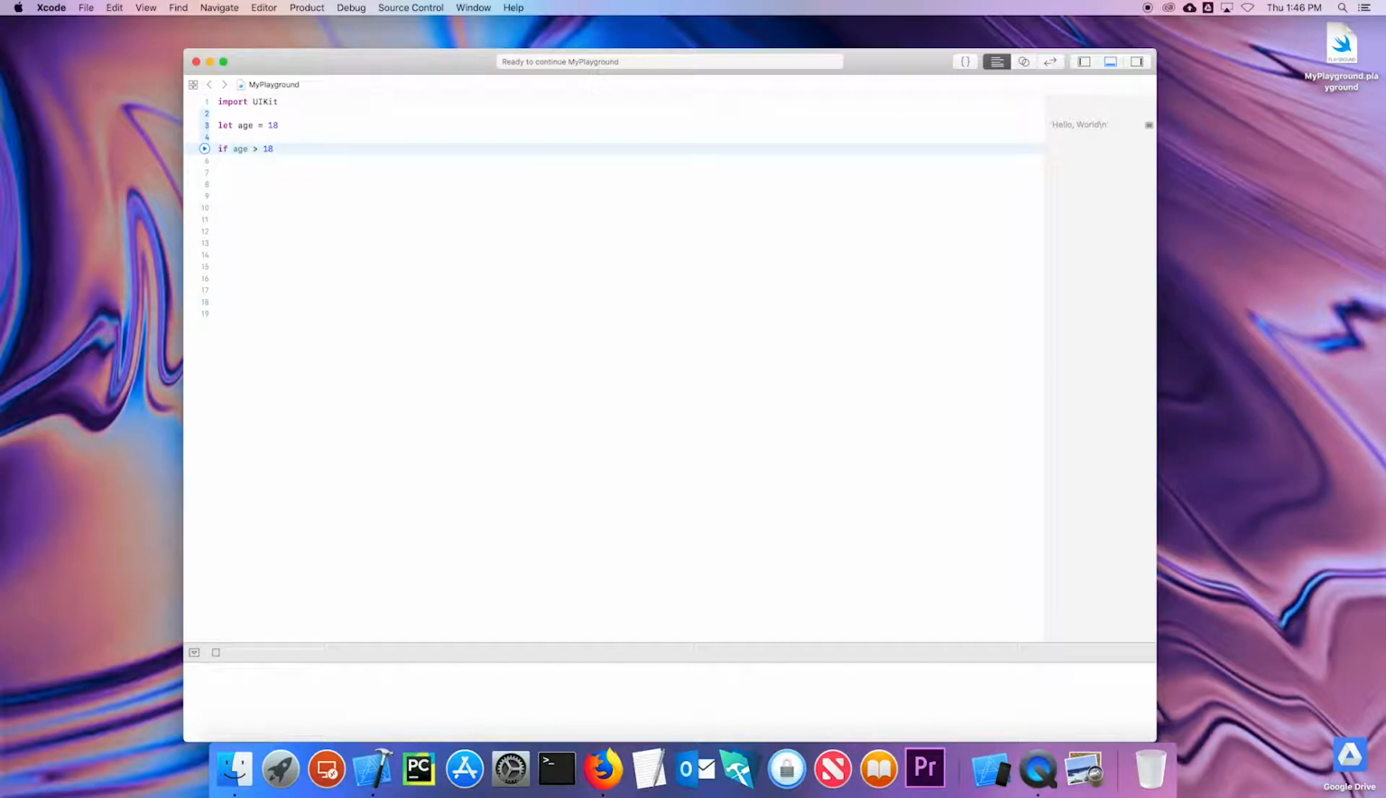So that's the condition. And notice I used the greater than sign. I could have greater than or equals. I could use less than or equals. I could have equals equals, which means that the two values are equivalent. Or I can use not equals. That means that if age is not equal to 18. But for right now, I'm going to say if age is less than 18,